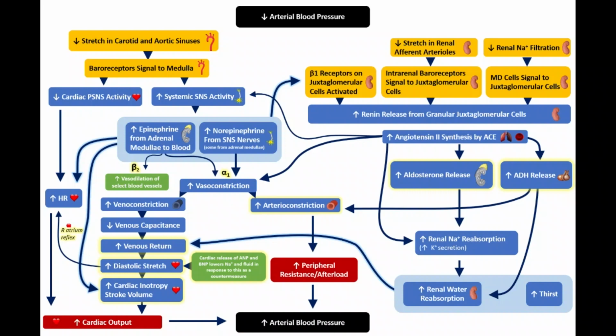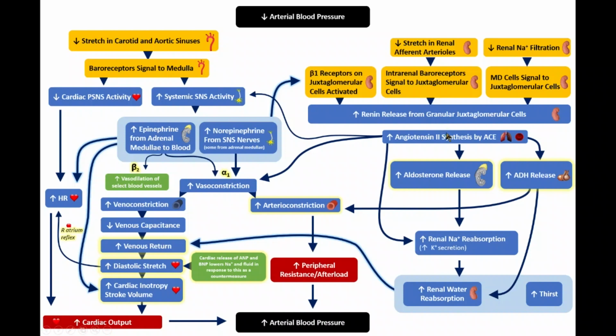basically low movement of sodium into those macula densa cells, it's going to signal right to the juxtaglomerular cells, which are again in the afferent arterioles. Those juxtaglomerular cells will also release renin in that case as well. And even though the macula densa is pretty far along the nephron, it wraps back around to the beginning where the glomerulus is, and so it is in very close proximity to the afferent arteriole. All that together causing renin release